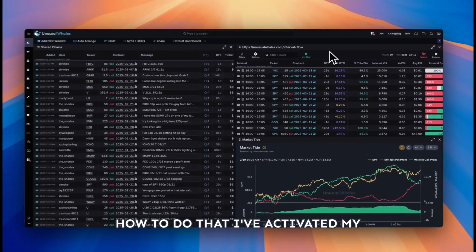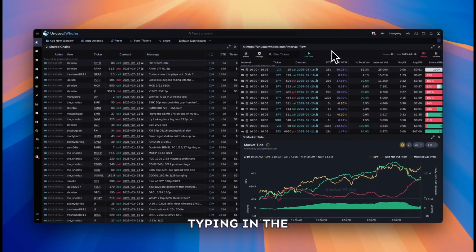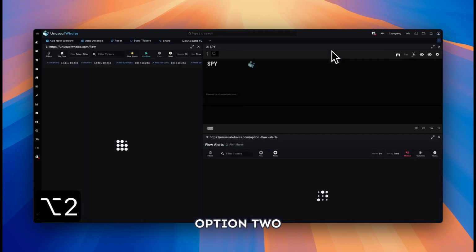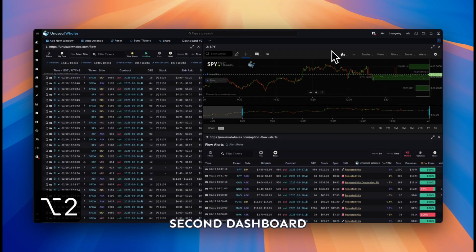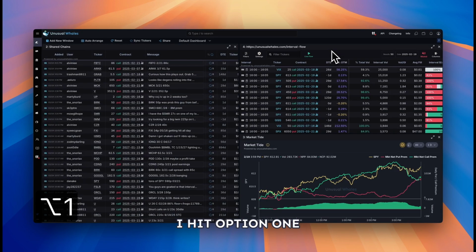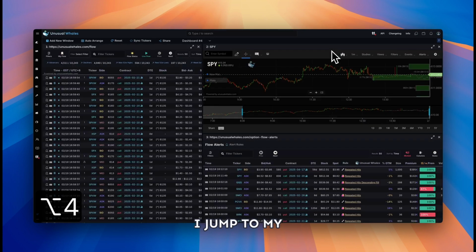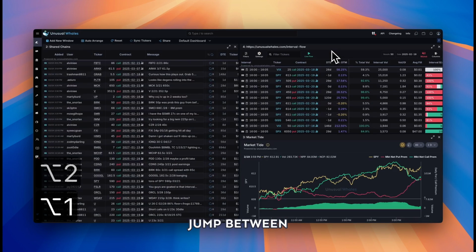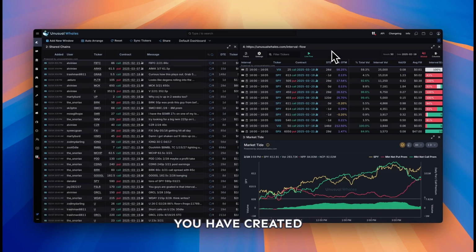I've activated my key screener so you can see what I'm actually typing in the bottom left corner. So if I now hit option 2, I get to my second dashboard. I hit option 3, I go to my third dashboard. I hit option 1, I go back to my first one. Option 4, I jump to my fourth one. That's how you can jump between your dashboards that you have created,